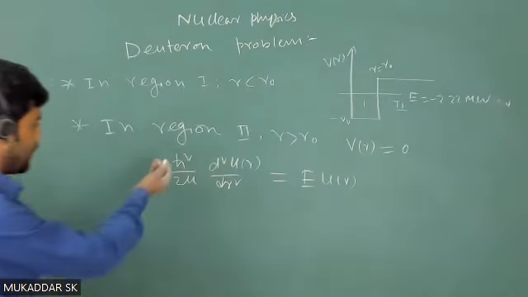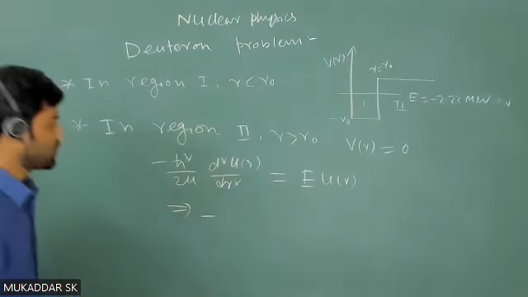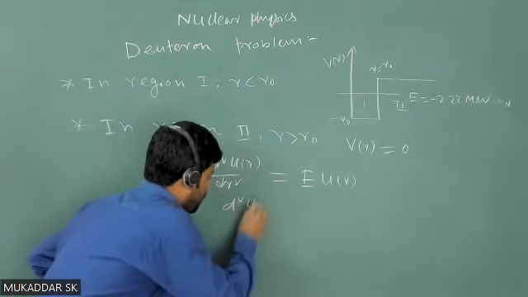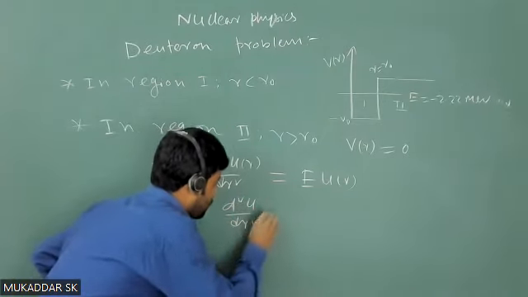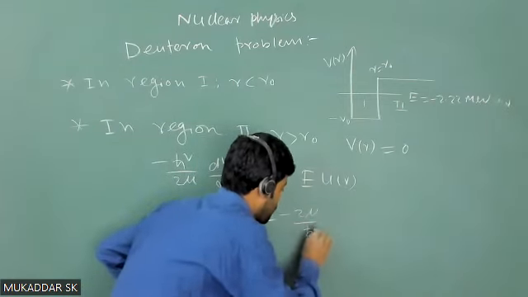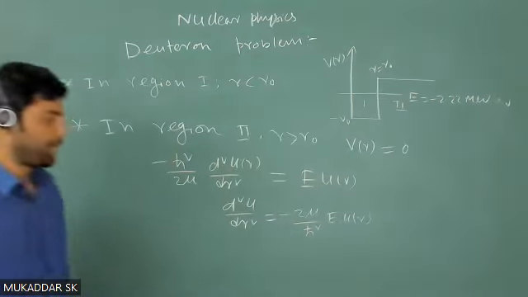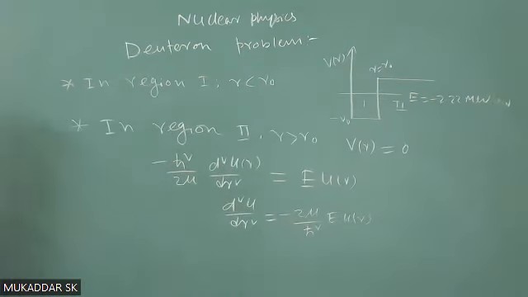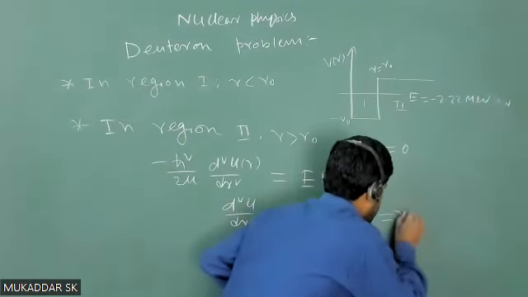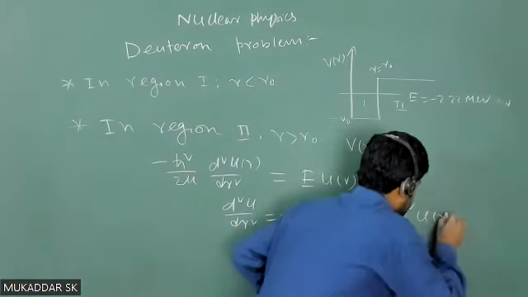So again, if you bring this factor to the right hand side, del square u by dr square equals minus twice mu by h cross square E u of r. And that will be equal to gamma square u of r,